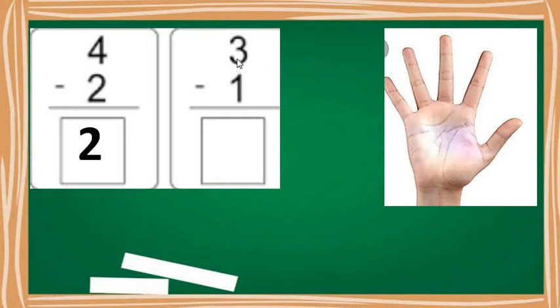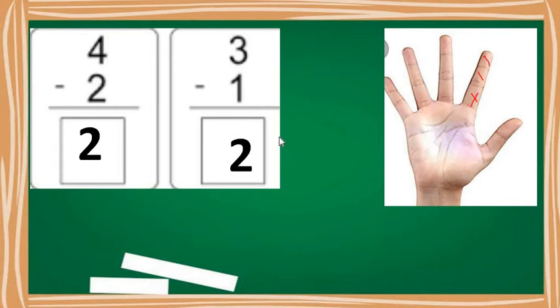Next sum is 3 minus 1. What is the sum? The sum is 3 minus 1. What does it mean? Now you all can understand, huh? Start counting on your fingers, my dear. Count 3 fingertips. 1, 2 and 3. Stop. Now cross out 1 out of these 3 fingertips. So we can say that 3 minus 1 is equal to 2.